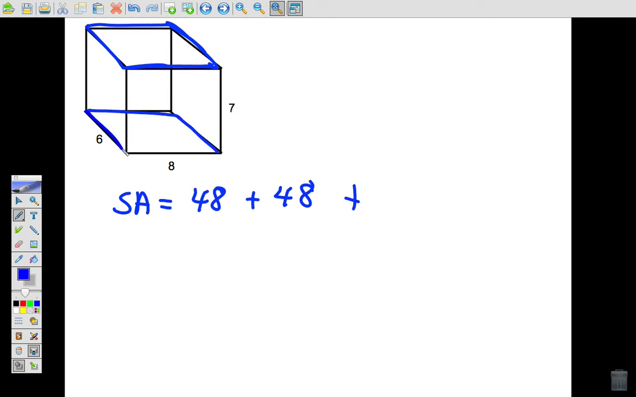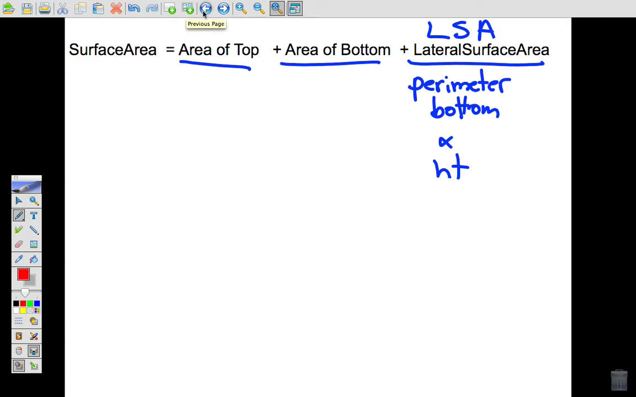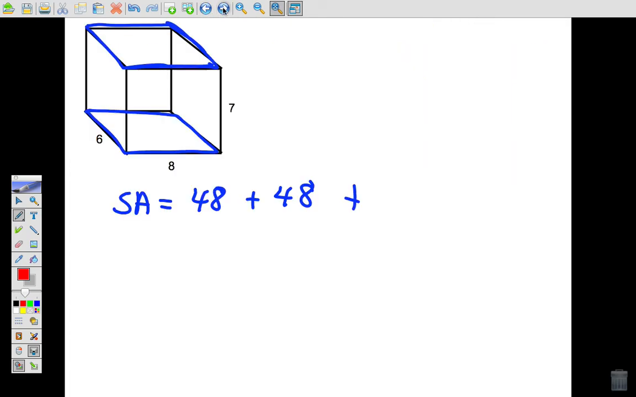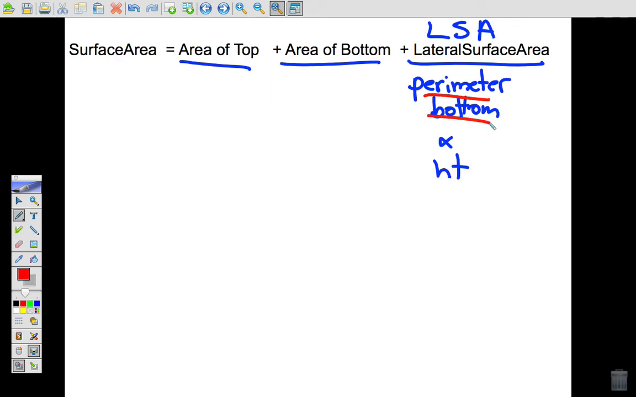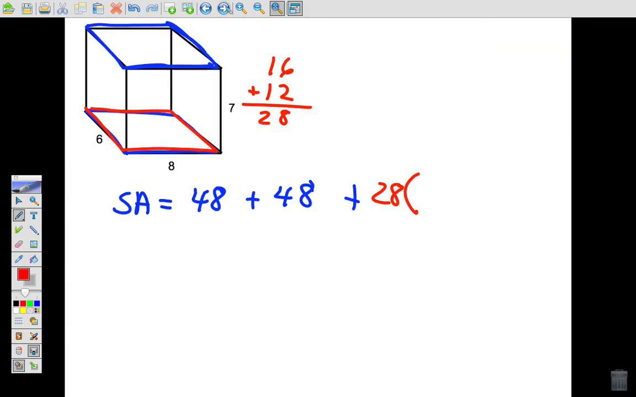I need to find the sides, or the lateral surface area. By our formula, we find the perimeter of the bottom. The bottom is 6 plus 8 plus 6 plus 8. 8 and 8 is 16, and 6 and 6 is 12, so my perimeter is 28. Now, by the formula, I multiply the perimeter of the bottom by the height, and the height of this is 7. So we take 28 times 7,